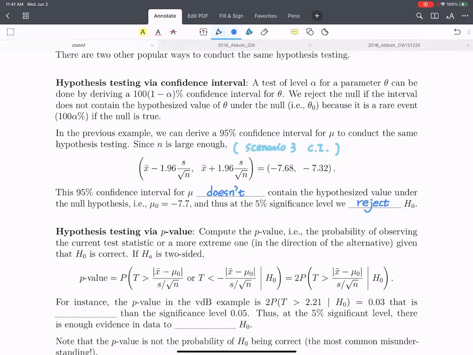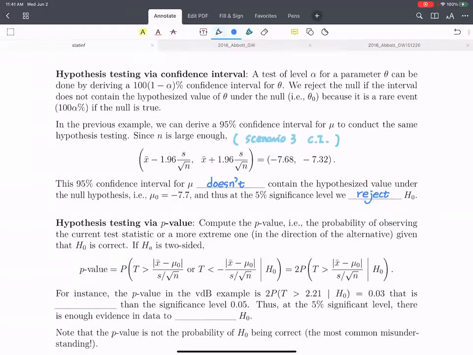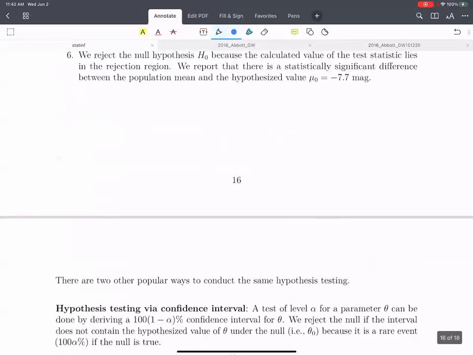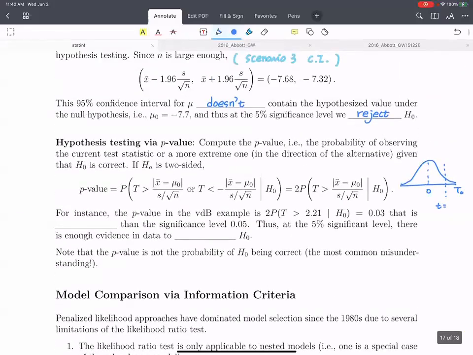is defined as this. The p-value is defined as the probability of observing the current test statistic or a more extreme one. So it means that under the distribution of the test statistic that we saw above, we actually observed the specific value, small t, which was equal to negative 2.21. The observed test statistic was 2.21, and the p-value is the probability of observing a more extreme one. So it'll be